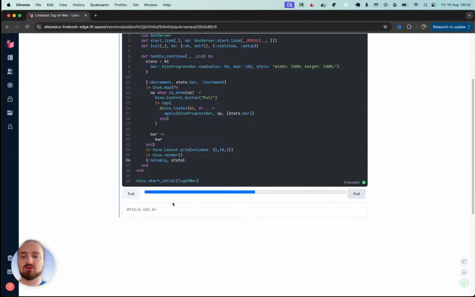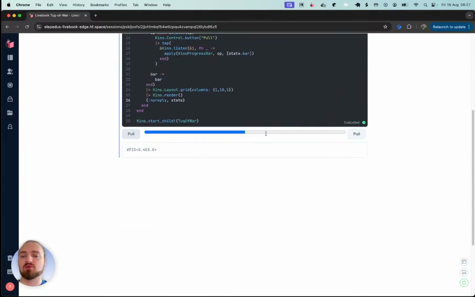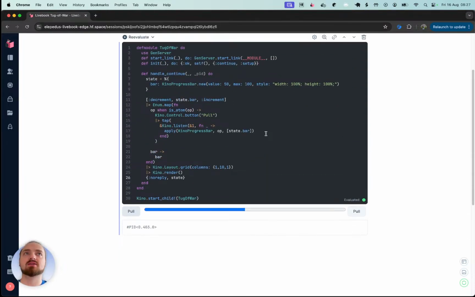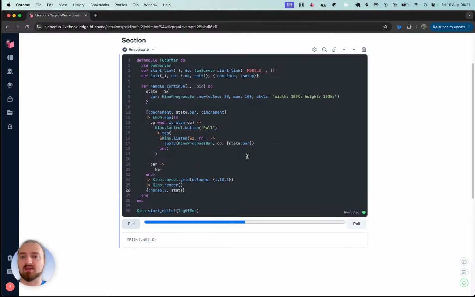So that wasn't too bad. I think about 4 minutes. And we've got our initial kind of functionality. Now, it'll be pretty cool to start adding a little bit more flair to this. So let's see if we can,